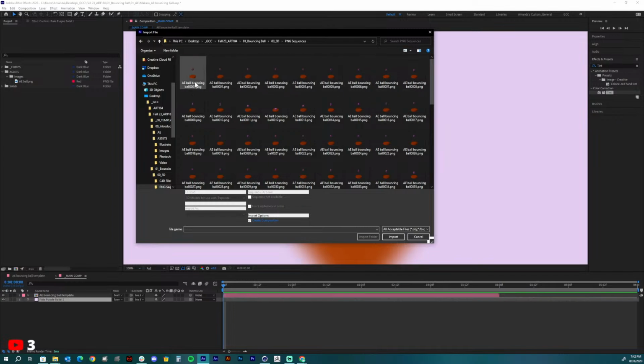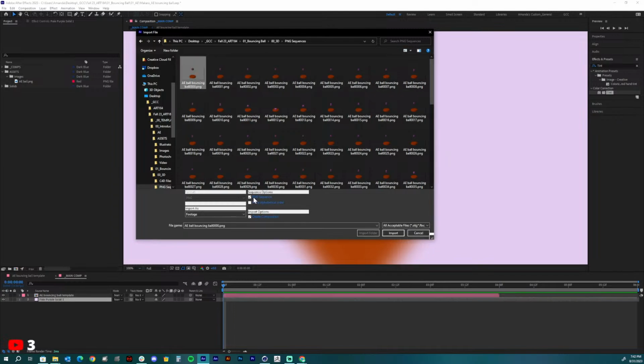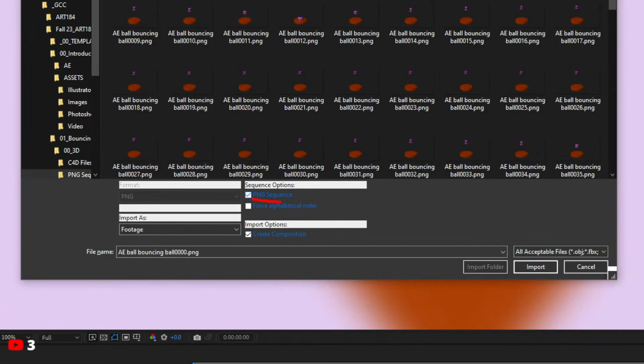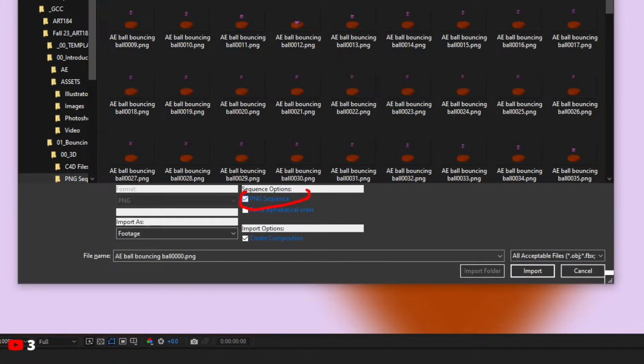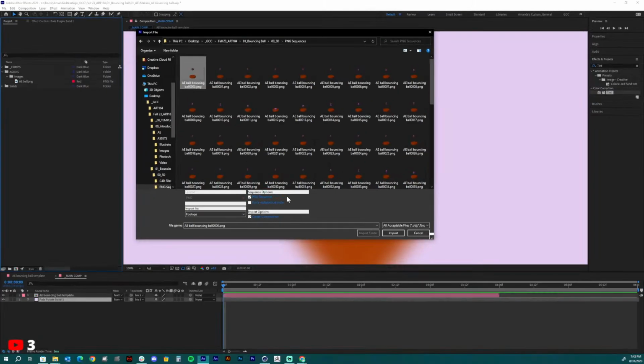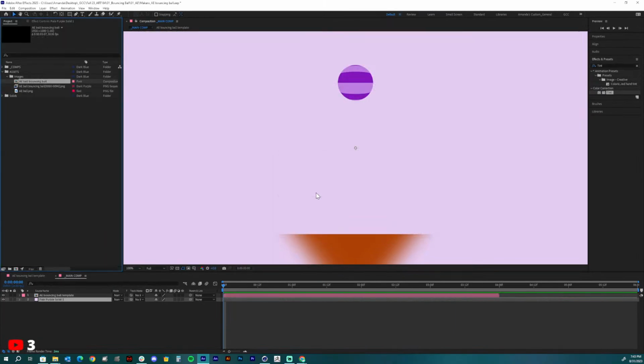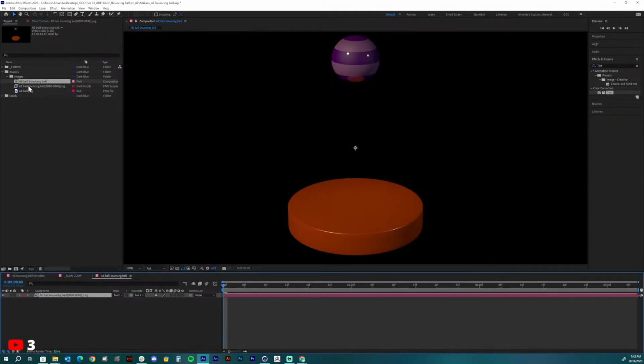So when I select this, it's going to recognize that it is a PNG sequence, and it's going to import all of these images in one layer versus having a bunch of separate images. When you select this, you just want to make sure that PNG sequence is checked right down there. And when I do that, I'm going to hit import,